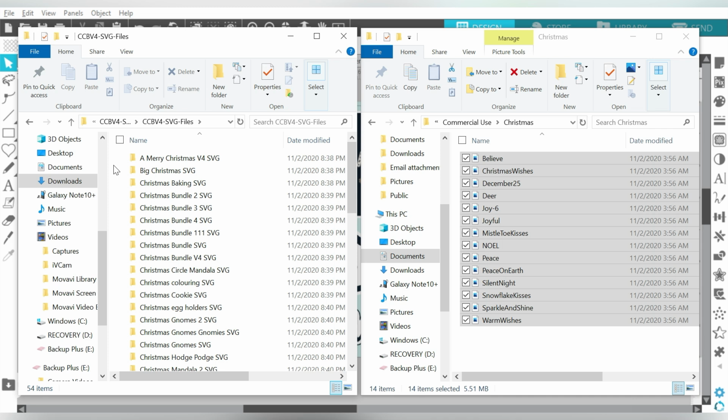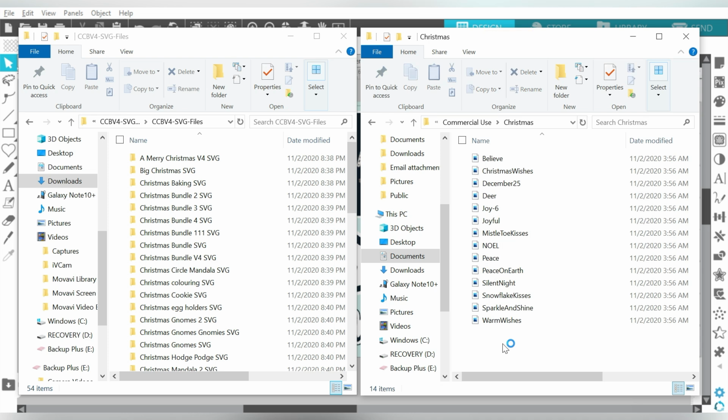Now, if you guys have watched my video on how to organize your SVG files, you'll notice that that's where these folders come in over here. And this is the way that I do recommend for people to store and organize their files. That way you have more flexibility and you're not relying on them being stored in the Silhouette library, because unfortunately there have been times in the past when people have lost their Silhouette library.